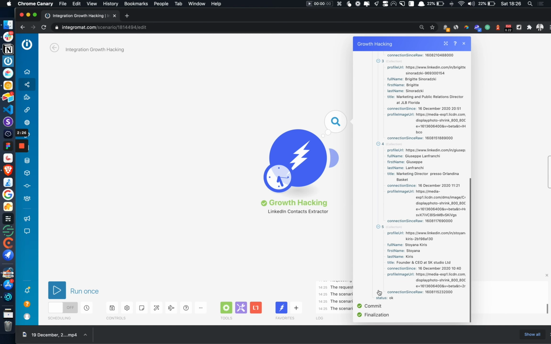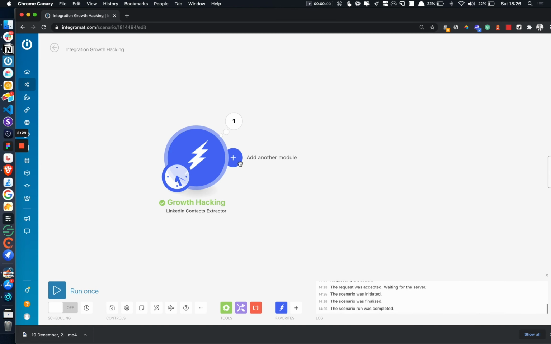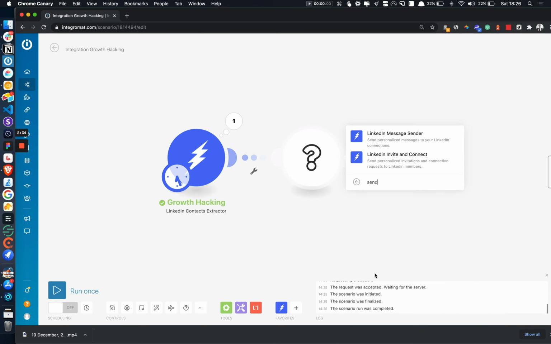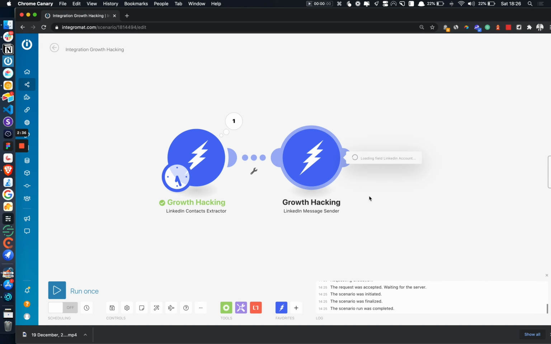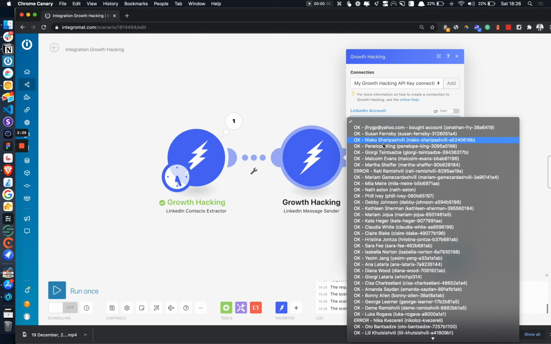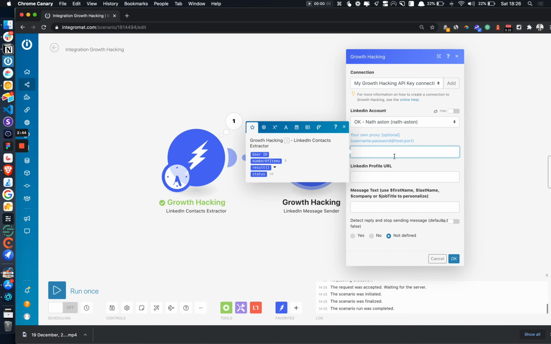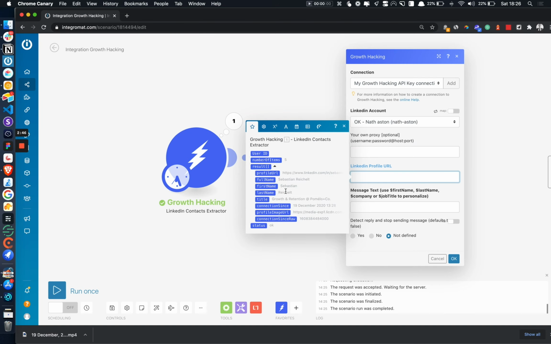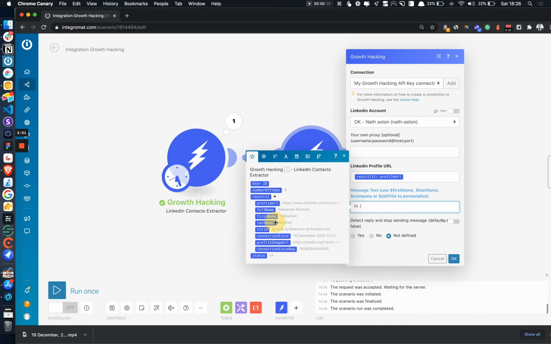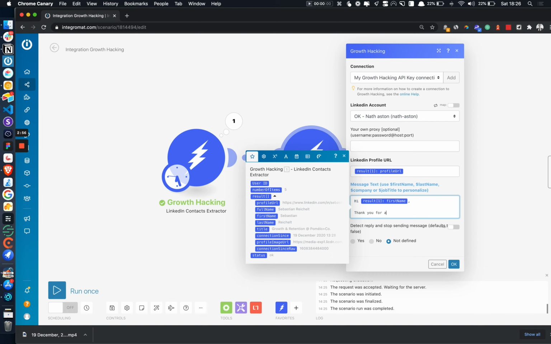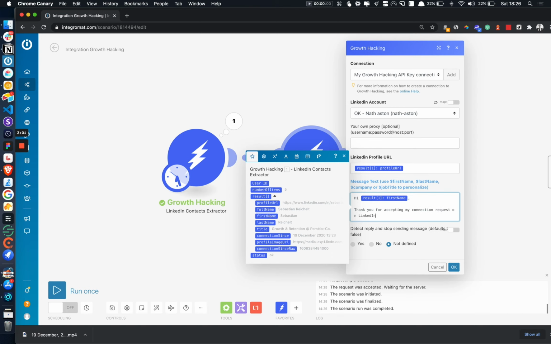As an example, a really easy one would be to send a message. We can set this to run as frequently as we want. We could have it run once per day, and anyone who accepts our connection request will automatically get a direct message. So we can just put, hi, first name, on LinkedIn,